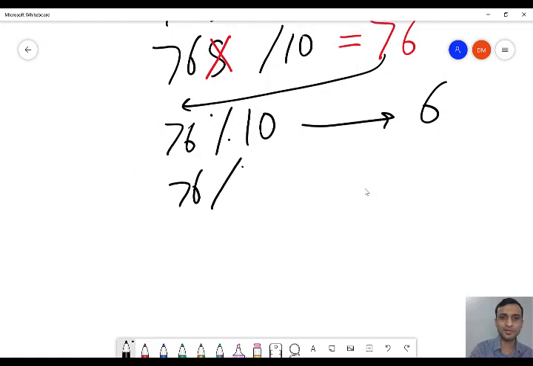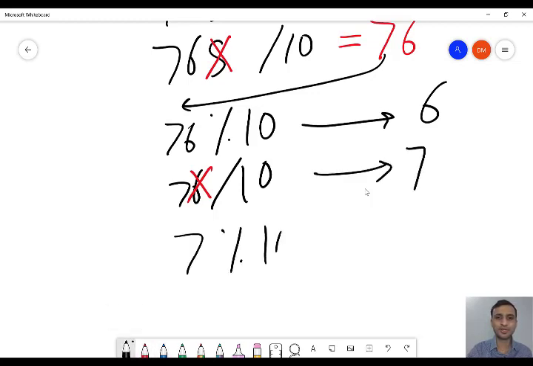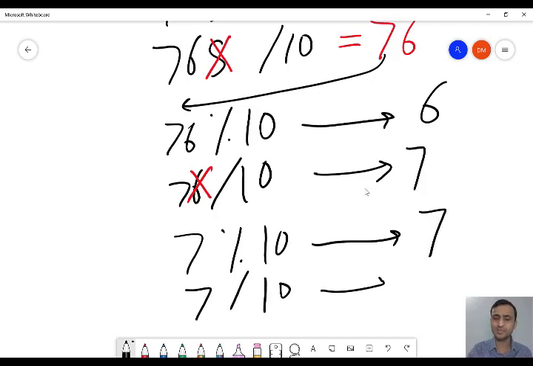And to 76 we will do divide by 10. So this will delete 6. So your new number will be 7. Again 7 modulo 10. What you will get? You will get 7. And 7 divided by 10, you will get 0.7, which means 0. You will not get the point. 0 means nothing is left. Now your program will stop.